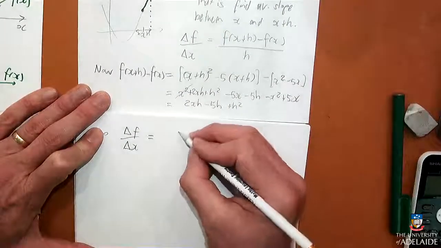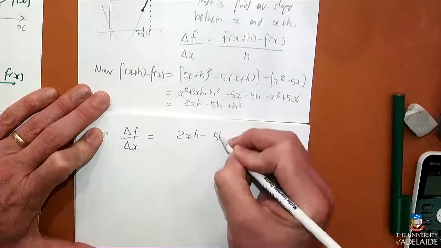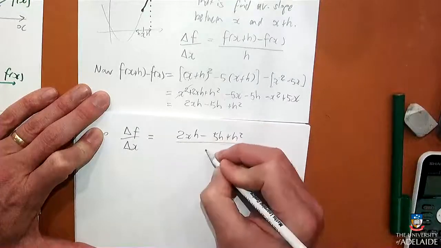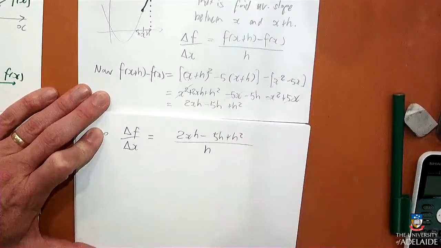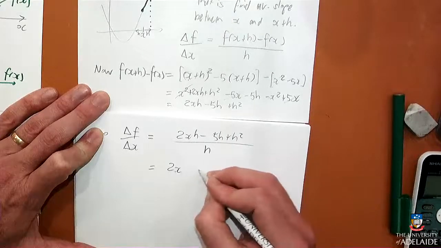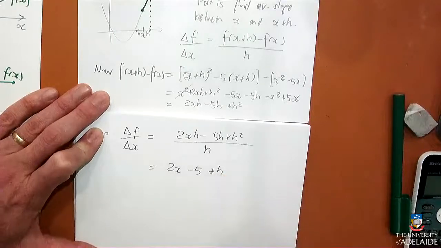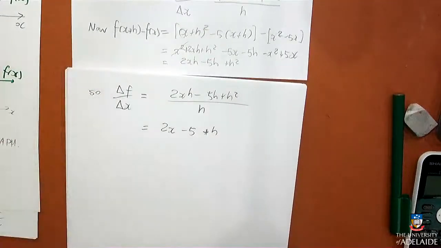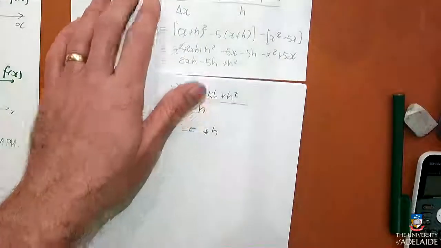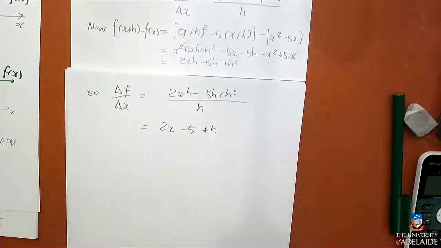So let's see, that should be 2xh minus 5h plus h squared, because that's what I just figured out, all divided by h. And I'm capable of dividing everything separately by h now. We get 2x minus 5 plus h. Beautiful. And so this is what it works out to be. If I choose a distance of h away from x, then this is what the delta f over delta x